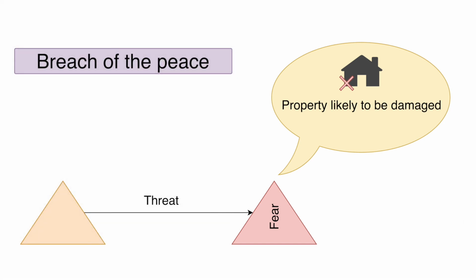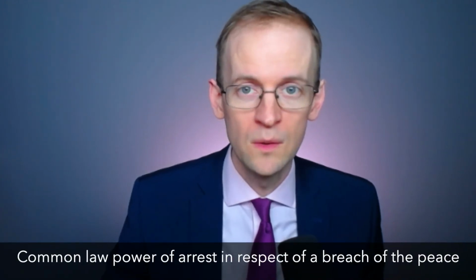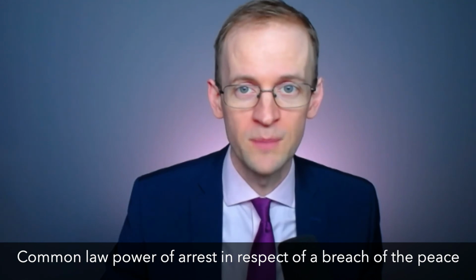So theoretically, it would include standing on a pavement outside someone's garden, threatening that you will break their garden fence. An act like this may involve the commission of criminal offences, but a breach of the peace is not in itself a criminal offence. The important thing is that there is a common law power of arrest in respect of a breach of the peace or behaviour threatening to breach the peace. So it is most often used in connection with drunken behaviour and associated arrests, but it is also encountered in